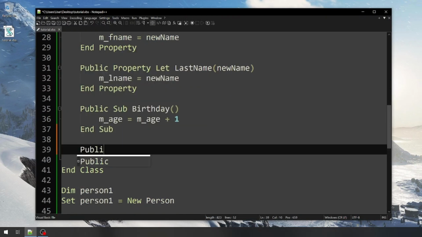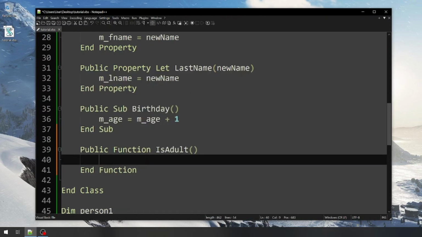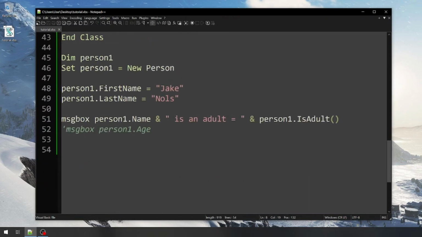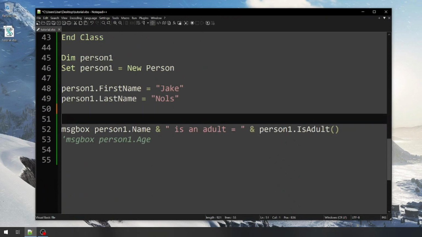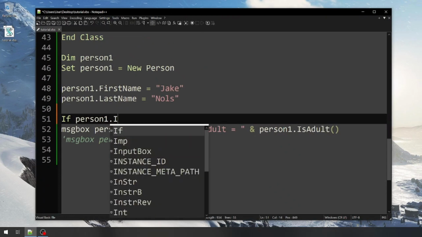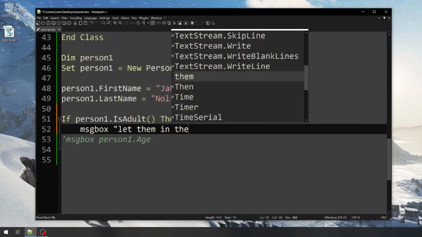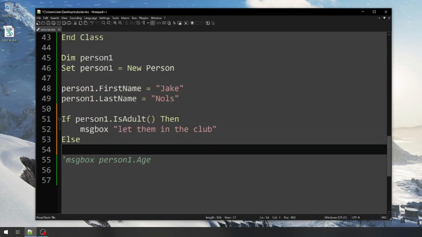You can also have functions. Public function. We could say is adult, for example, would be a function, an end function, and all that would be is adult equals if their age is greater than or equal to 18, right? So this is just going to return true or false. Here we're assigning that to is adult, and it's a function, so you could also change it based with a message box, right? You could say, hey, if person one is an adult, then do something. We could say, hey, this person's adult, so let them in the club, else,